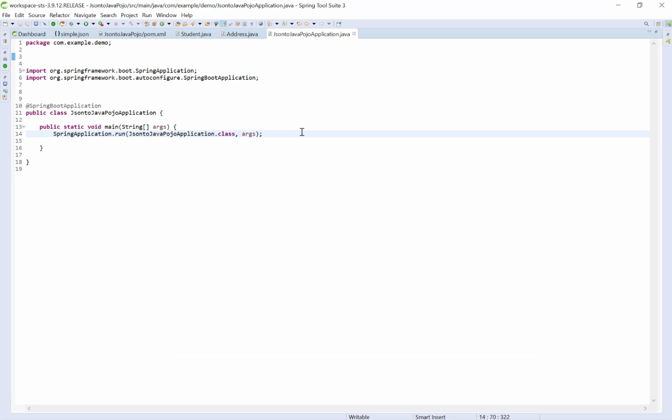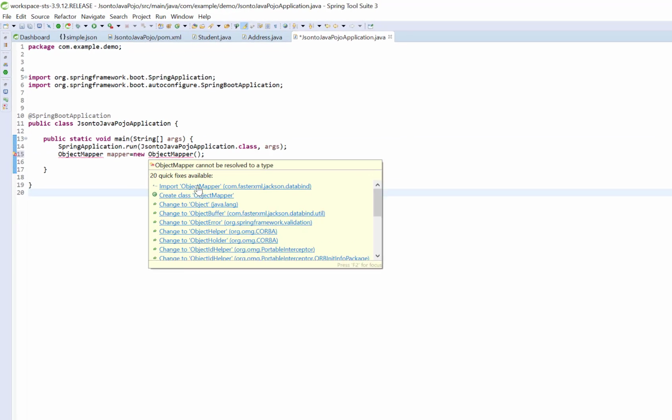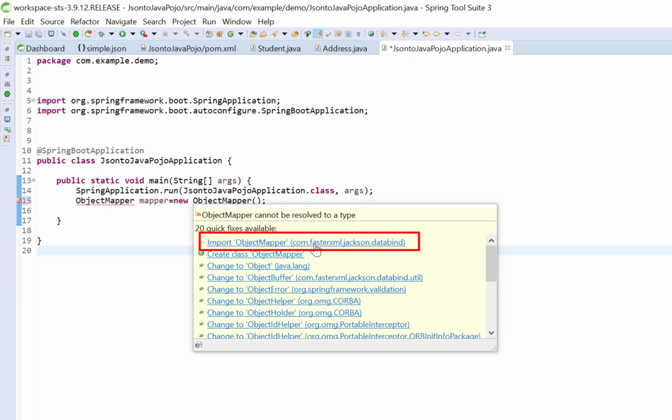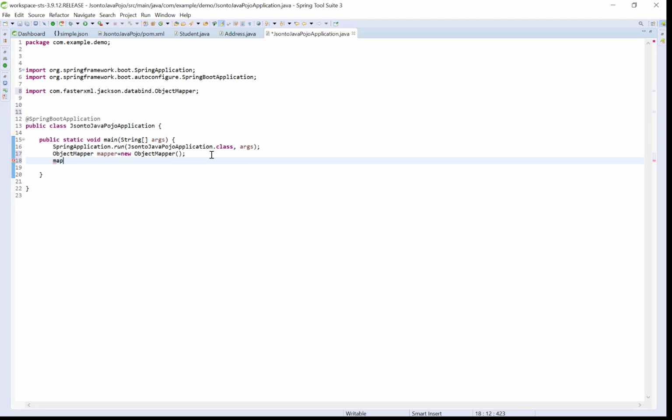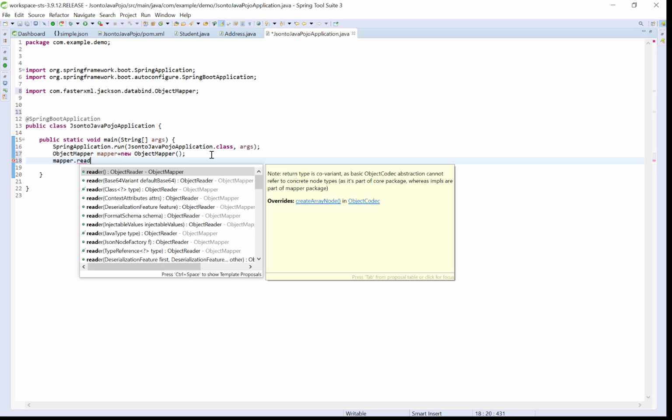Inside this main method I need to create the object of the ObjectMapper class. Now using this reference we need to read the JSON file.